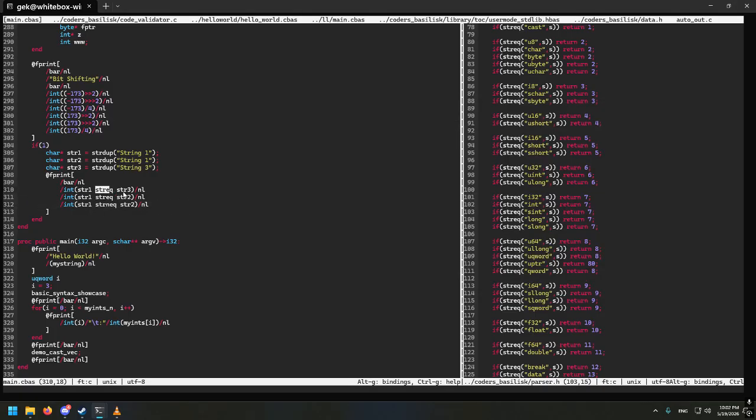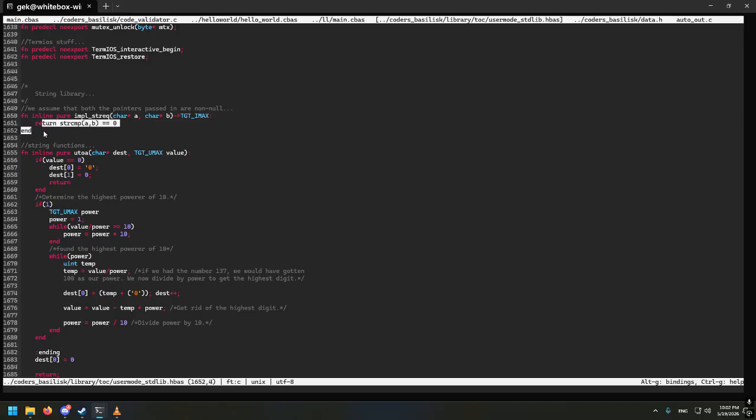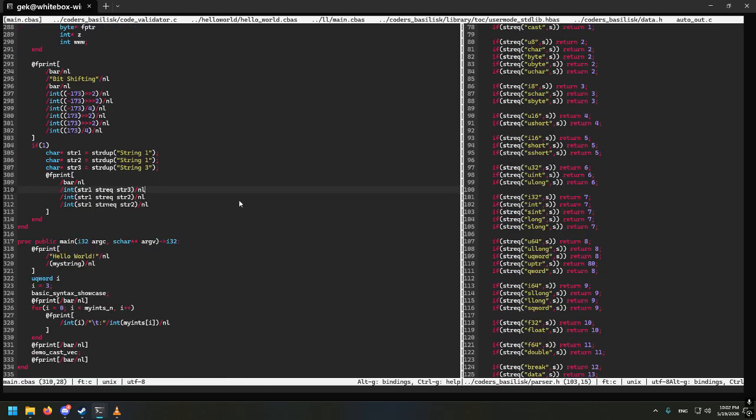Now, in order to use stir ec in non-cogen code, you need to define it somewhere. You need to define this function somewhere. Impl underscore stir ec, this function here. This tells the code generator what to do in order to have the stir ec operator work. And this is necessary just so that